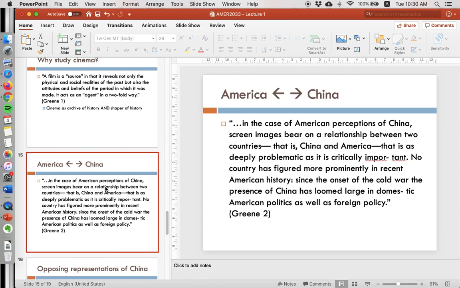Many of us, okay, for example, our class right here is spoken in English. You are in Hong Kong, but you're taking a class on American studies. Okay, so it's not like we're completely divorced from each other. In fact, many of you probably have a relation in some way that's very close to America, and maybe a distant relationship to China. I don't know. Okay. So in the case of American perceptions of China, screen images bear on a relationship between two countries, that is China and America, that is as deeply problematic as it is critically important. No country has figured more prominently in recent American history. Since the onset of the Cold War, the presence of China has loomed large in domestic American politics as well